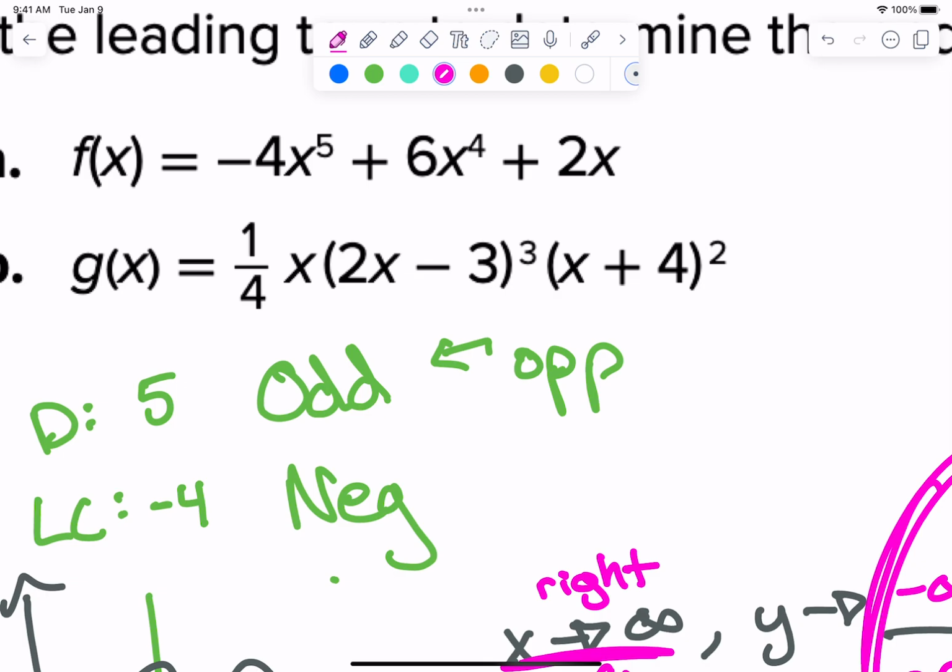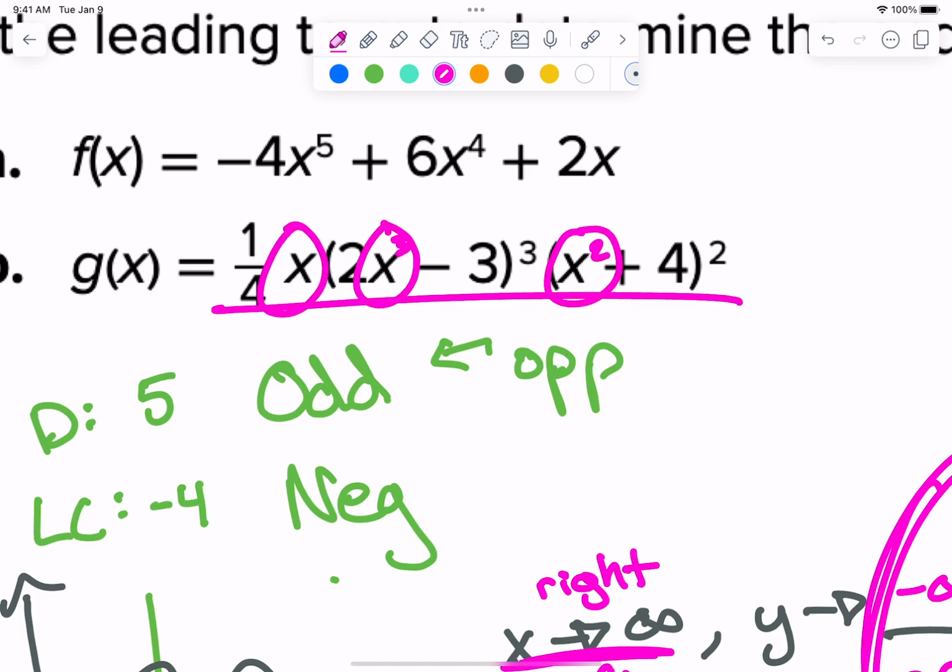Well, then you have to take that times x. If I would FOIL it all out, all of it... I'm looking at my terms, and this is not multiplied out. I would have to multiply it out. If I multiplied it out, what would be the highest power? There's 3 here, this is to the third, this is to the second, technically, and then there's 1 here. So if I were to multiply them all out,